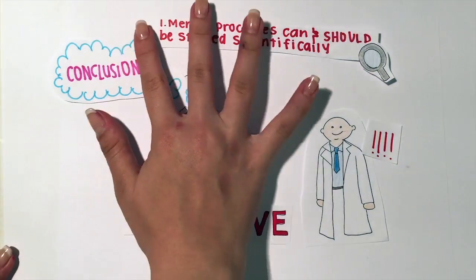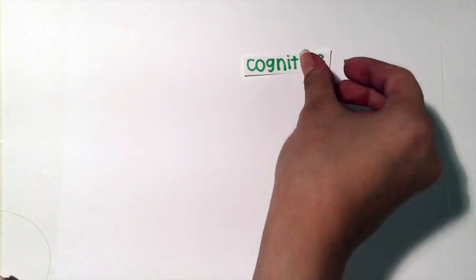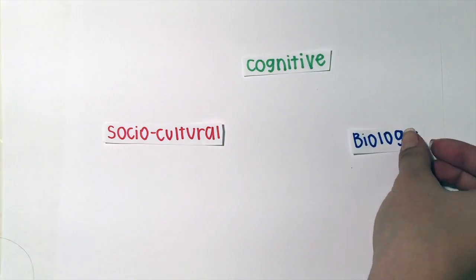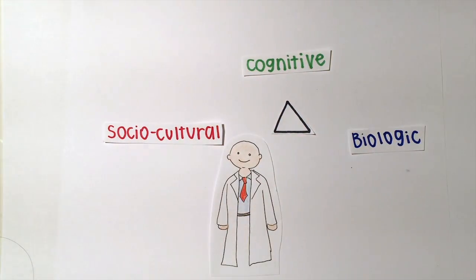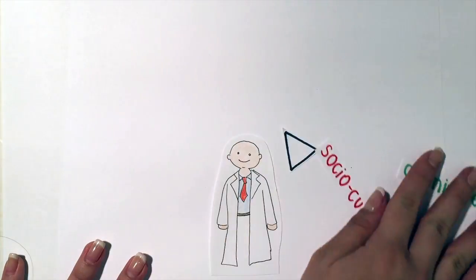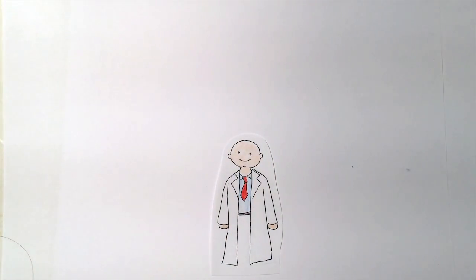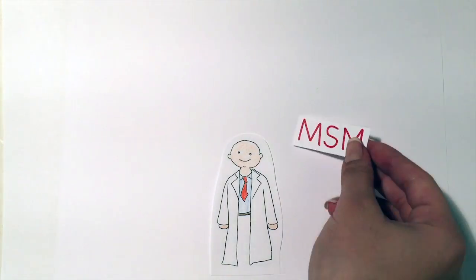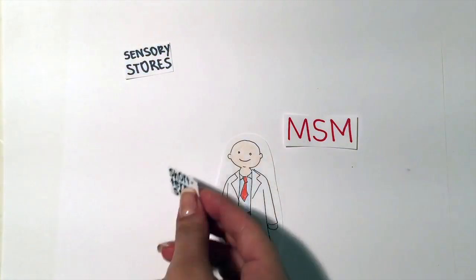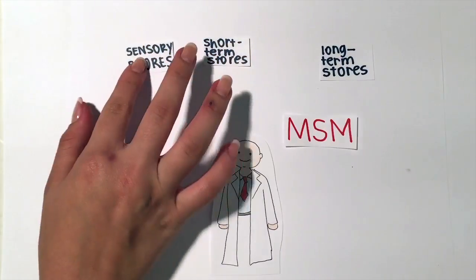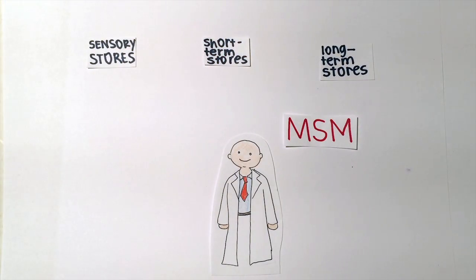And in addition, the use of cognitive, sociocultural, and biologic levels of analysis provided the use of triangulation in certain studies that let scientists reach a whole new level of depth. One model that was created thanks to the help of cognitive psychologists proposed an information processing approach to memory. This was the multi-store model, or MSM. It is composed of three primary stores of memory: the sensory, then short, and finally long-term stores. These three vary in duration, capacity, coding, and advance through varying methods.